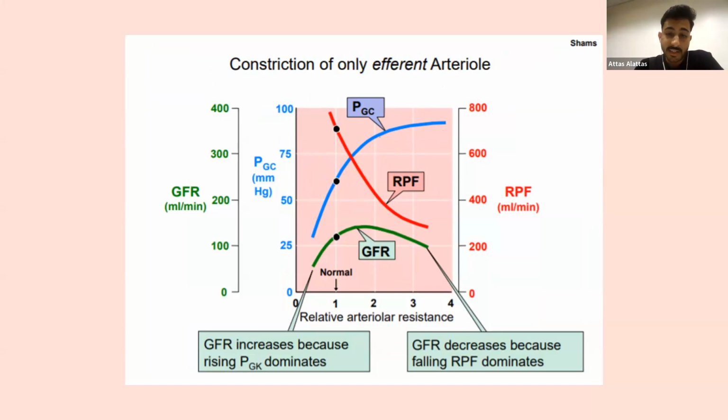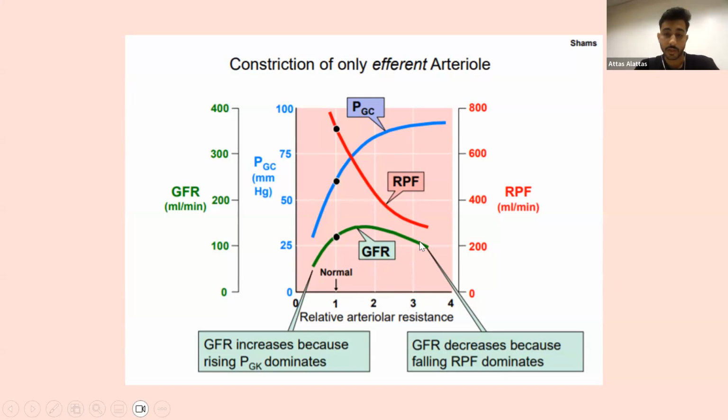With moderate constriction, or if the resistance is not very high, you would have what? An increase in the GFR, okay? But if you have severe constriction, that means you're increasing the resistance a lot, then the GFR will